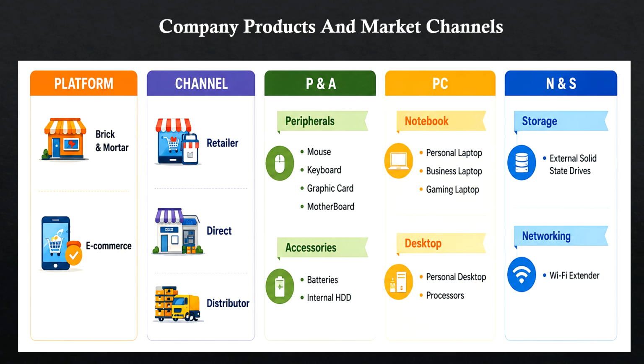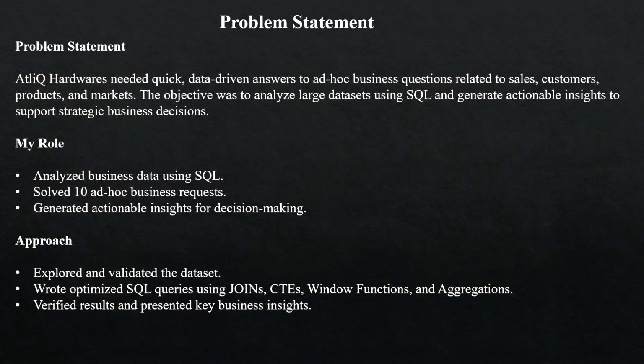and a distributor acts as a middleman between the company's manufactured product and the retailer. And you can see P and A, that is peripherals and accessories, PC, notebook, desktop, and here N and S, storage and networking. So this right side is the category-wise product distribution. Here we can see the platform is brick and mortar and e-commerce, and the channel is retailer, direct, and distributor, and these are the categories. So let's see the next one,